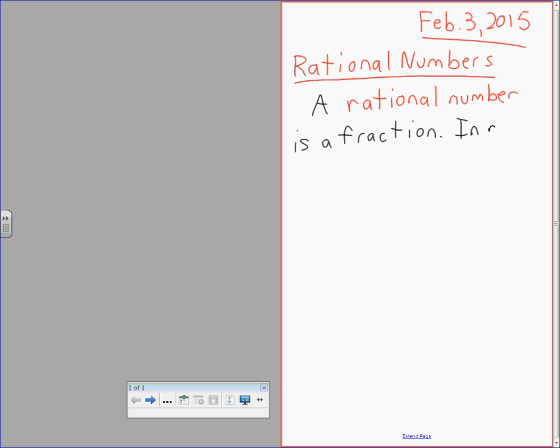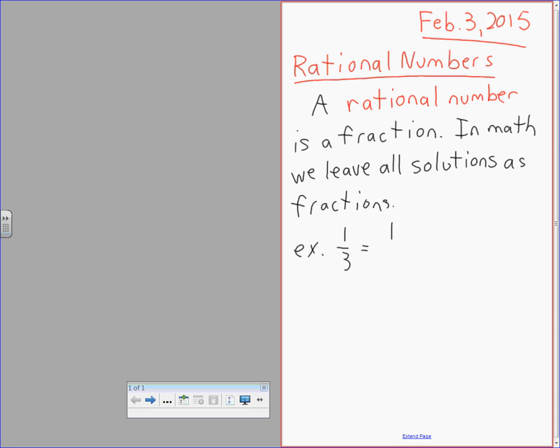In math, we leave all solutions as fractions. In this class, 1/3 is equal to 1/3, not 0.33333 forever and forever. Okay? I never want to see that 0.3333333. Did I mention yesterday that on the first quiz there are no calculators? I hope I did, so I'm saying it again. Okay, so we're doing fraction rules right now, and